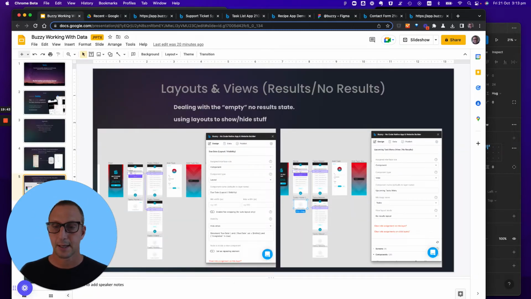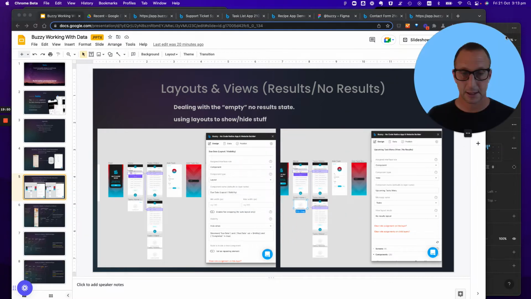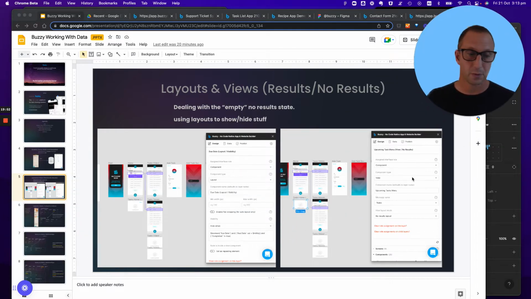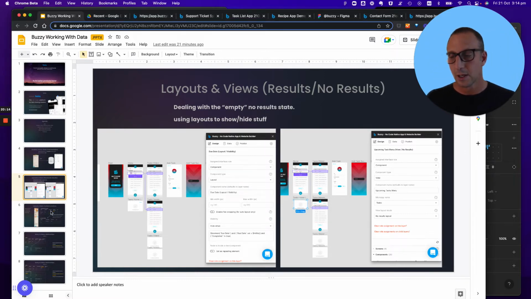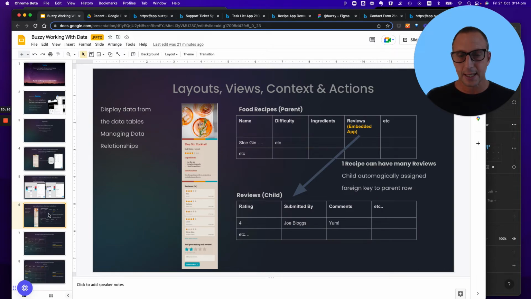what a layout is, the no results view, as well as what we talked about in terms of the formula fields, which can do things like show and hide based on the value of stuff. So now that obviously gives you an infinite amount of ways that you could use that in the applications that you're building. So I wanted to get onto a slightly more